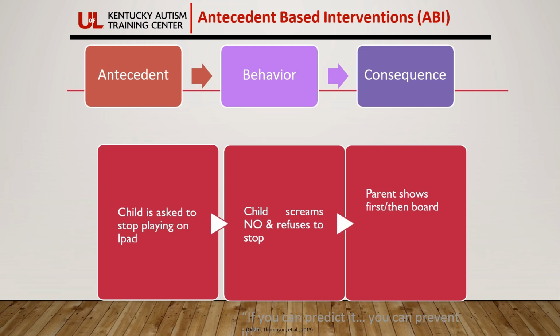Antecedent, behavior, consequences. These are important terms and information to know when you're dealing with antecedent-based interventions. And as you can tell from the title, antecedent-based interventions are interventions that we put into place before we have a behavior problem, right? So knowing this information will help you to decide which pieces of antecedent-based interventions you can put into place. It will also help you to know how to treat the behavior more effectively, hopefully helping it to stop or replacing those behaviors with more effective, socially appropriate actions instead.